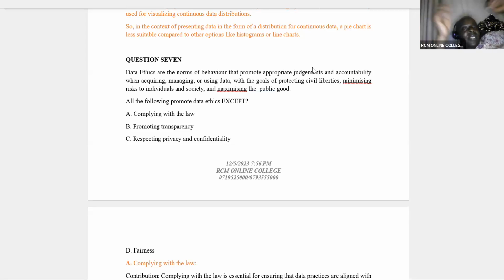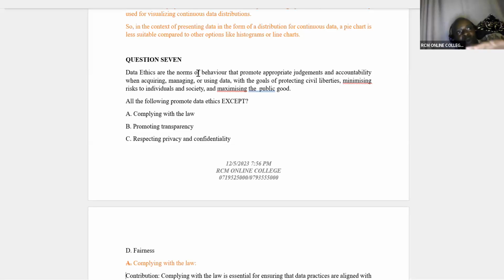Ladies and gentlemen, please let me simplify this. When you talk of data ethics, look at this. Are the norms normal? Norms of behavior that promote appropriate judgments and accountability. You see, judgments now cannot be a law, right? So appropriate judgments. So meaning that, ladies and gentlemen, at the end of the day, ethics, of course, we are